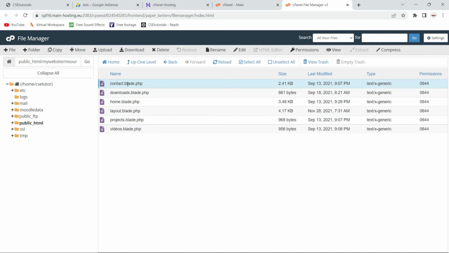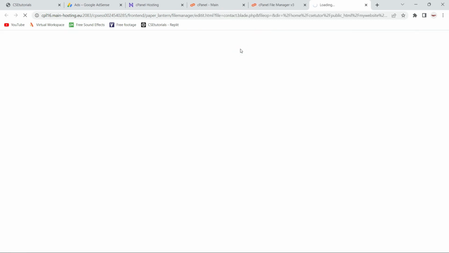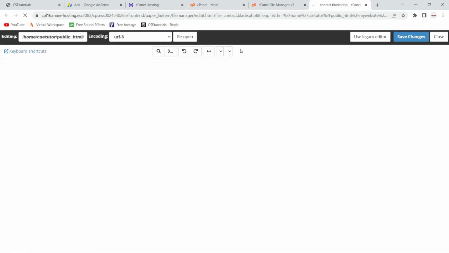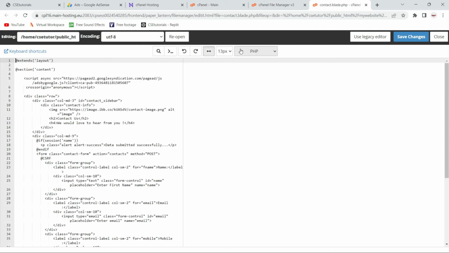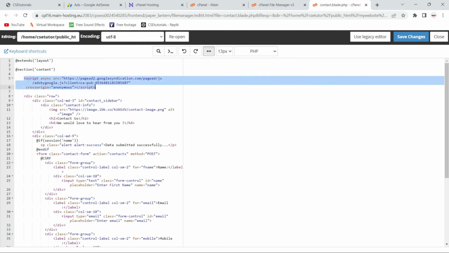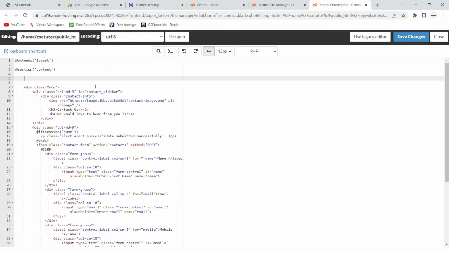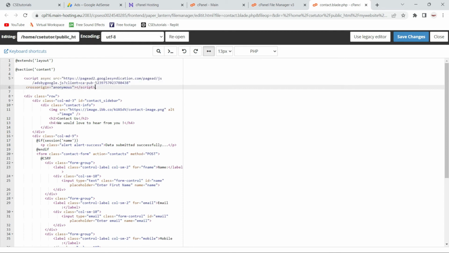So let's select contact.blade.php. I will click on edit, and now I will paste the code inside the head section of my web page. So you can see here I have already put the code. So I will remove this, and I will paste the code here. Okay, so you have to paste the code in your head section, and you can put it basically anywhere.